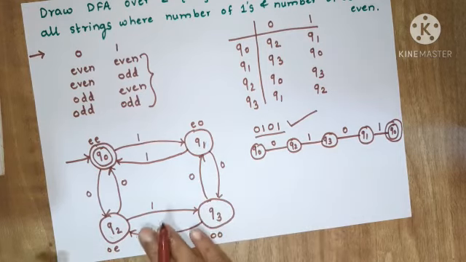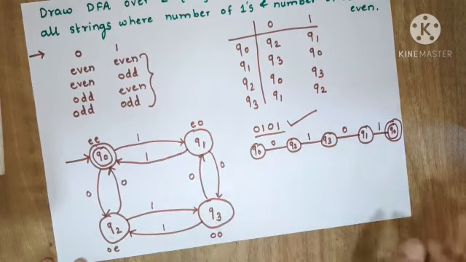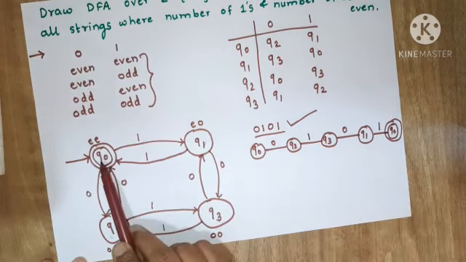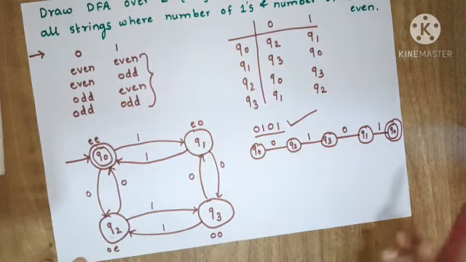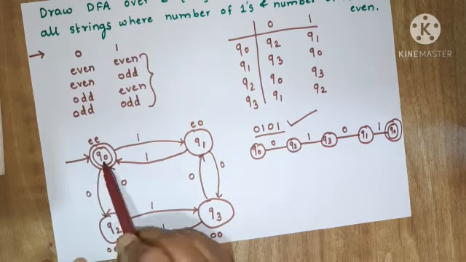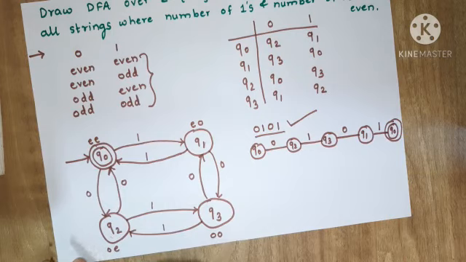And again from this you can write down the machine, that is the 5 tuples. So in that, capital Q is equal to Q0, Q1, Q2, Q3. Then input alphabets are 0, 1. Initial state is Q0. Final state is also Q0. Then what is the transition function? Q cross sigma gives you Q. So that will be the 5 tuples of your machine. So this is all about this problem.